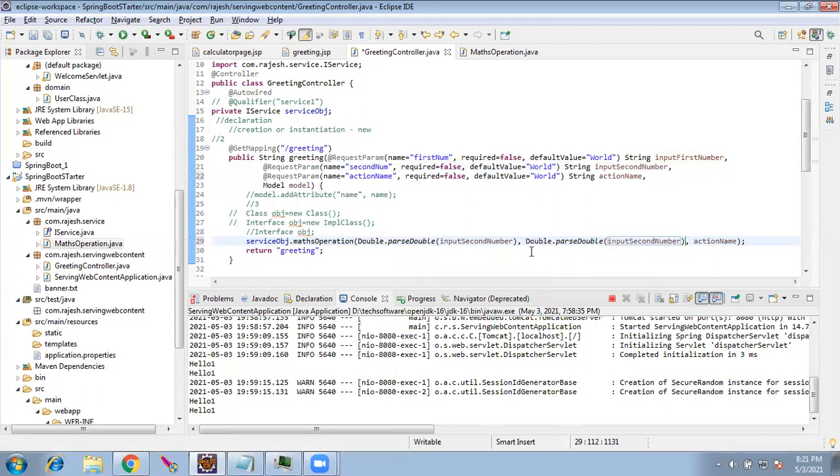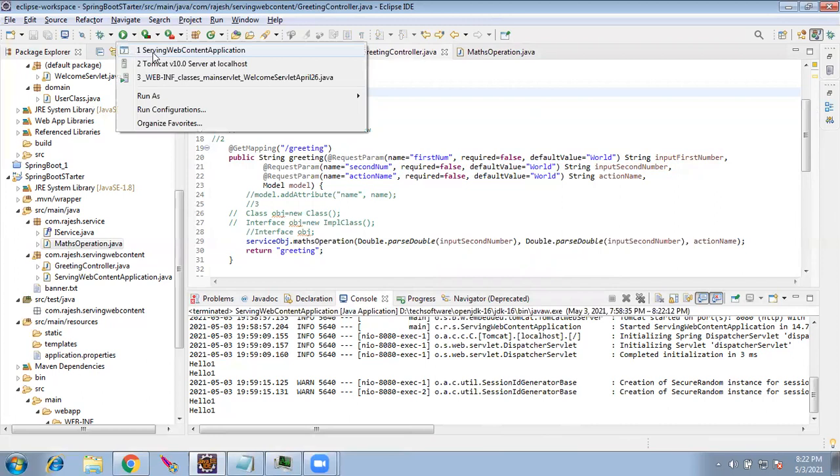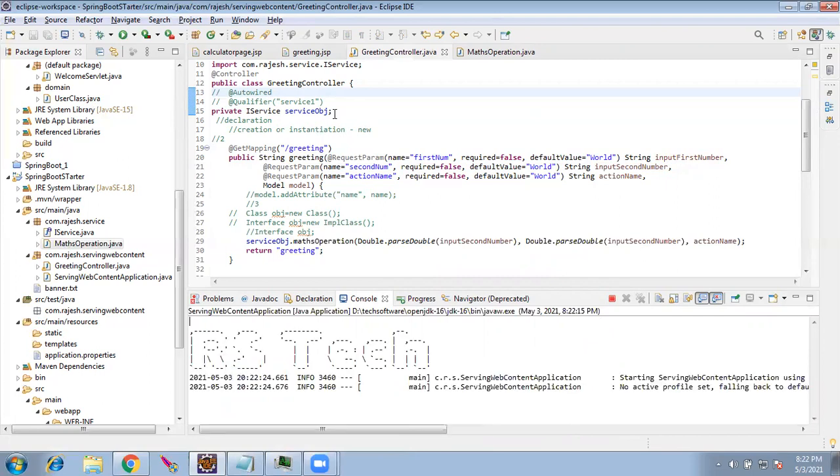Okay, so far good. So if you notice, we didn't create any instance. We didn't create any new. I'll comment this. If we are going to run this, there will be an error. You have to create an object using new keyword, or else it will throw null pointer exception. You didn't even create, I don't know what is the object, and you are trying to call something. This itself is nothing. This is null. That's what Spring is going to tell.